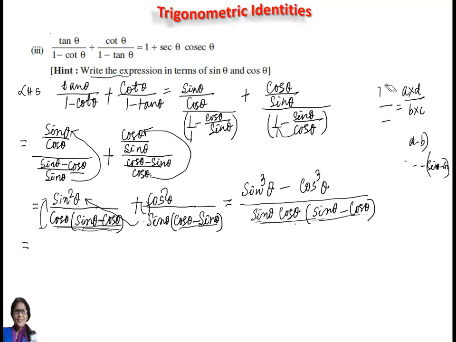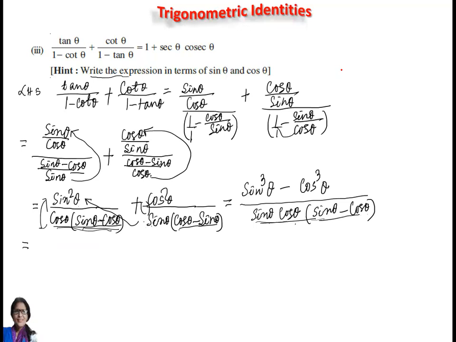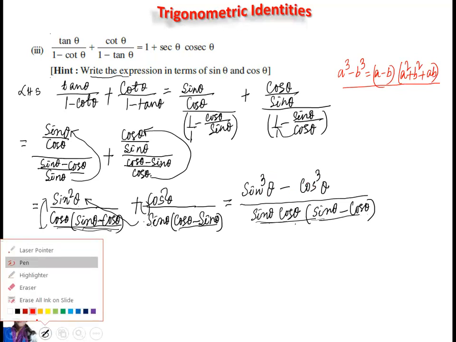क्योंकि हमको ट्रिगोनोमेट्रिक आइडेंटिटी इसीलिए डिफिकल्ट लगता है। यहाँ ट्रिगोनोमेट्रिक रिलेशन भी लग रहा है, प्लस हमारा एल्जेब्रिक आइडेंटिटीज भी लग रहा है। अगर एल्जेब्रिक आइडेंटिटीज हमको याद नहीं है तो हमको डिफिकल्ट लगेगा। तो a cube minus b cube is equal to (a minus b) into (a square plus b square plus ab), ये है a cube minus b cube का फॉर्मूला।